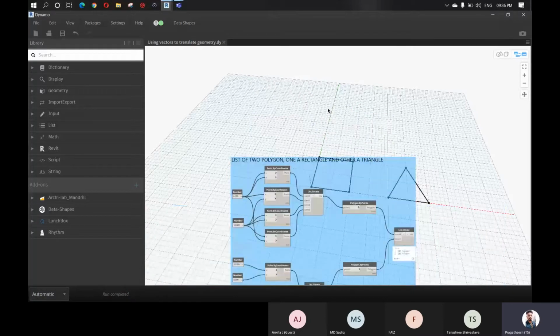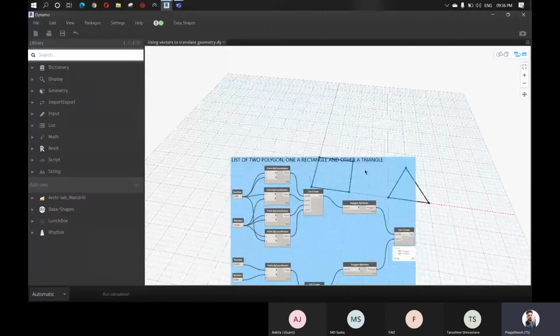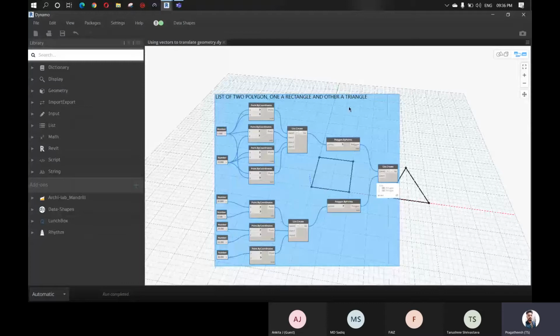In today's class, we are going to learn how to create some 3D models based upon the polygons or geometry that we have created. Okay, so let's start. To perform certain common 3D modeling commands such as move, rotate, mirror, Dynamo requires geometry data types called vectors and planes as inputs. First we'll cover what vectors and planes are and how they are constructed. Then we will apply them to Dynamo's translate, rotate and mirror nodes.